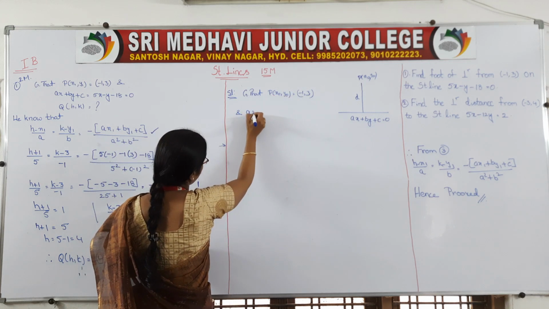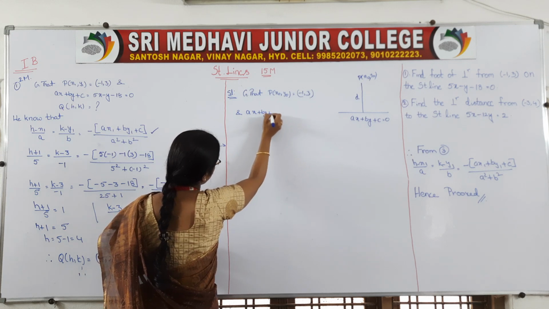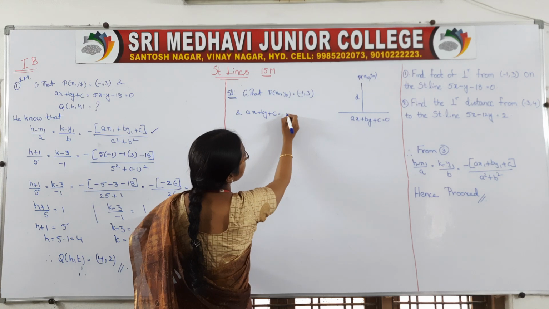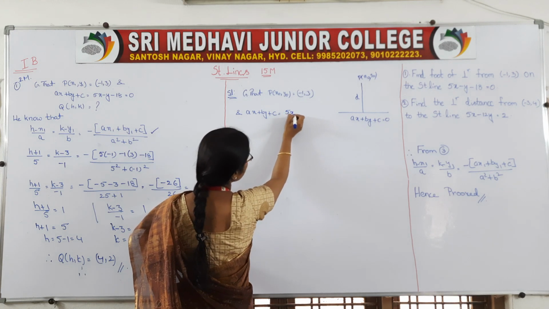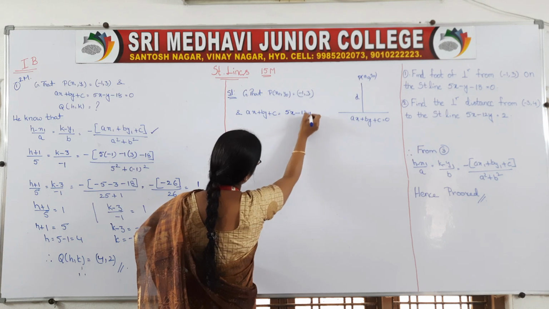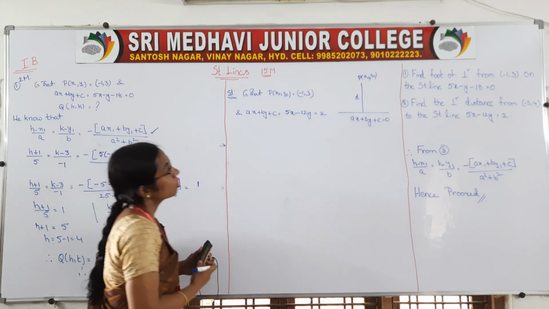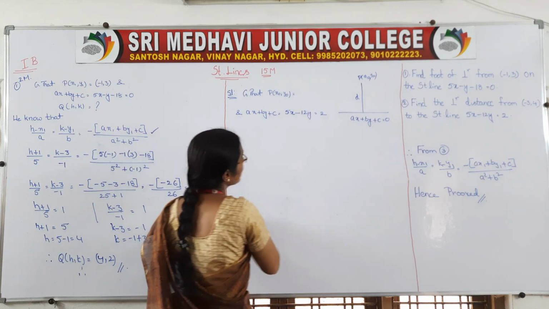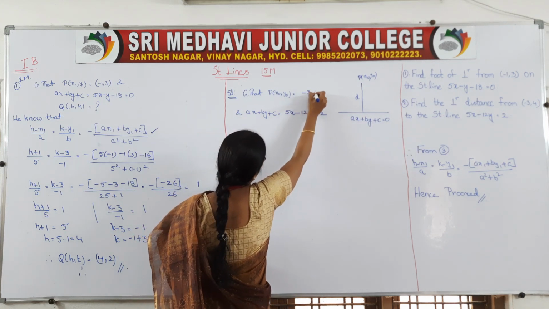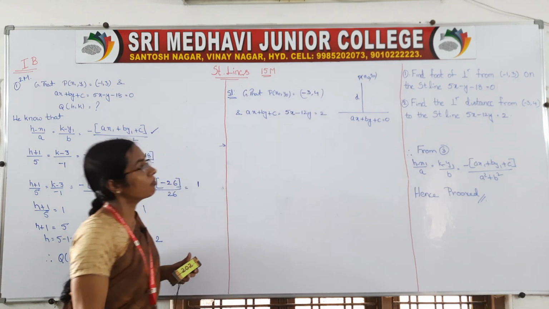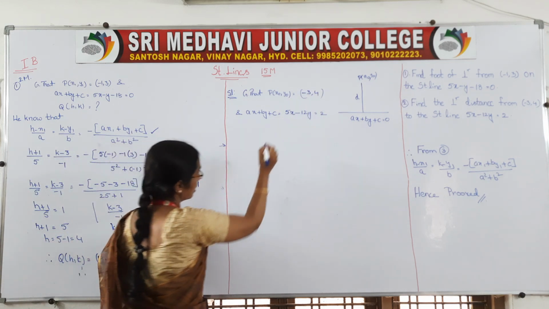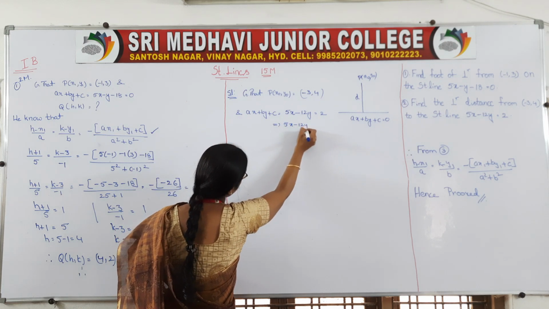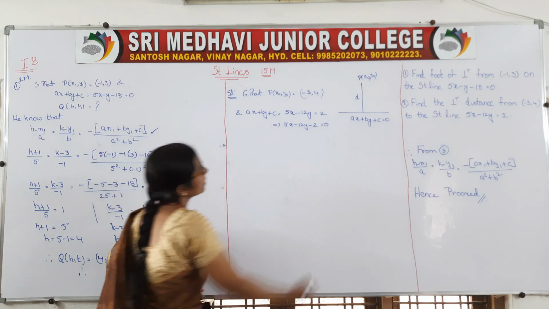The line equation is given as 5x minus 12y is equal to 2. Actually, minus 1, 3 is the point of the first one. We have to take the second one. It is minus 3 comma 4 as the P x naught y naught. This is the line equation, and we can write this line equation as 5x minus 12y minus 2 is equal to 0.